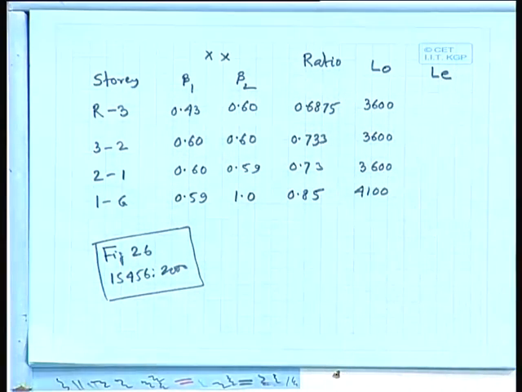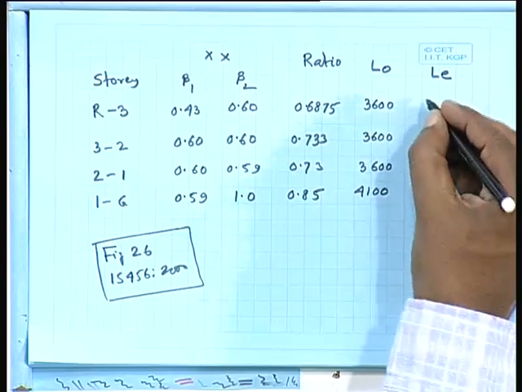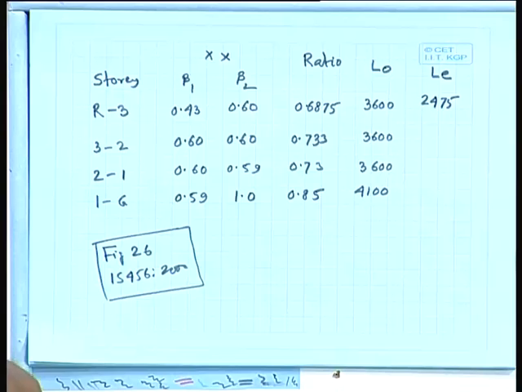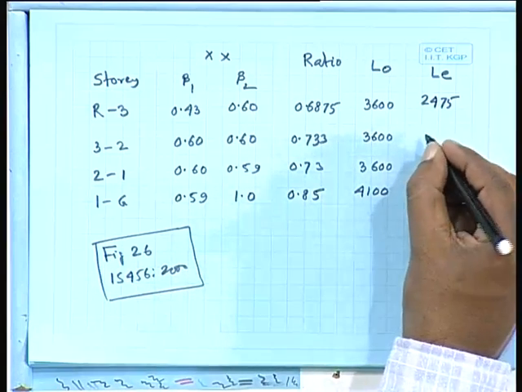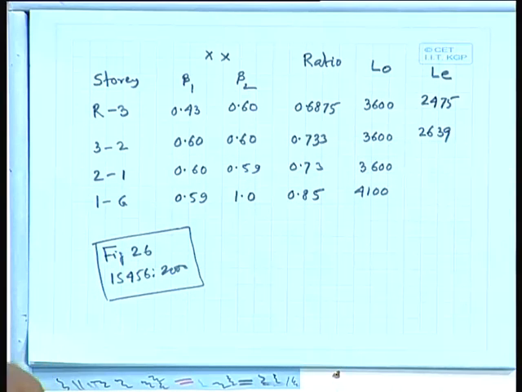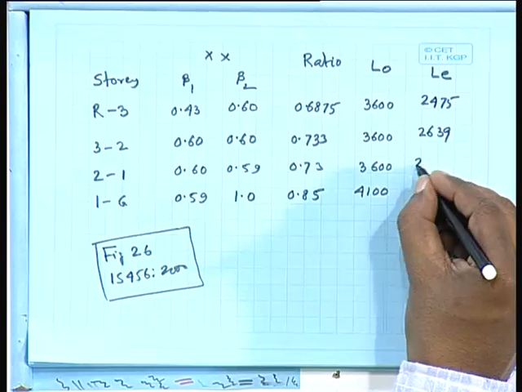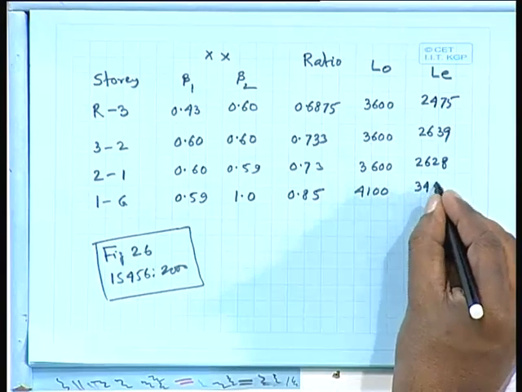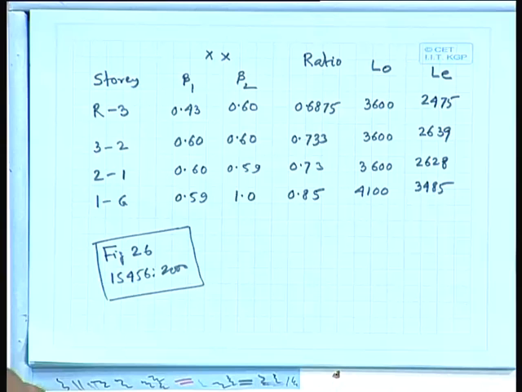So LE equal to 0.75 into 3600, 0.733 into 3600, 0.85 into 4100. So 3485. So we can find out